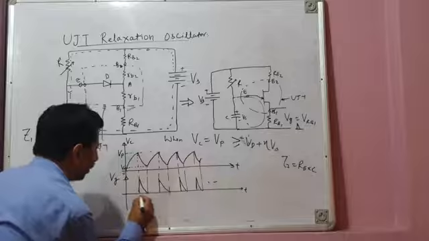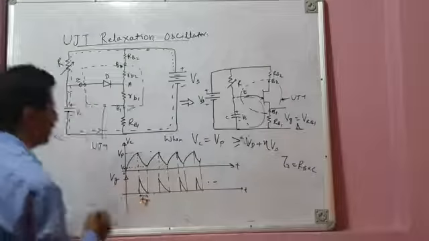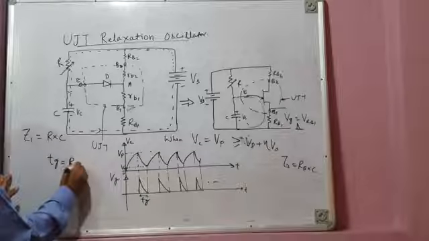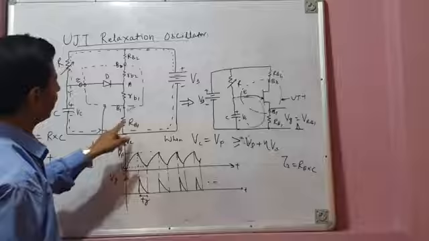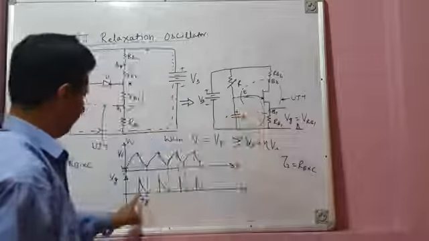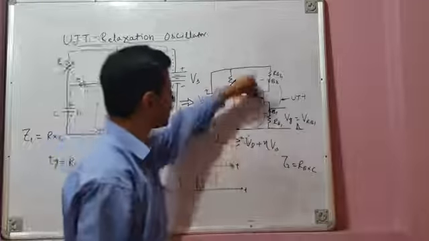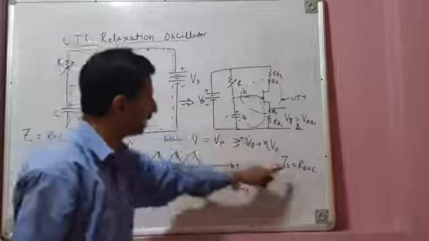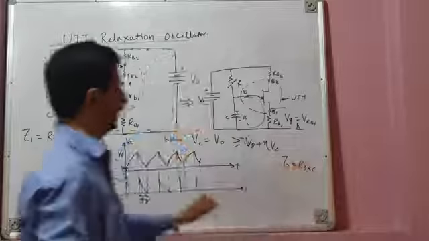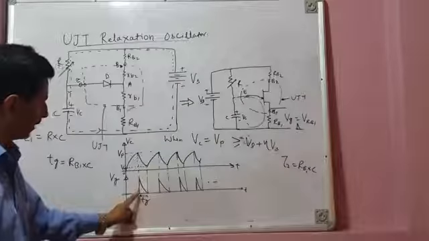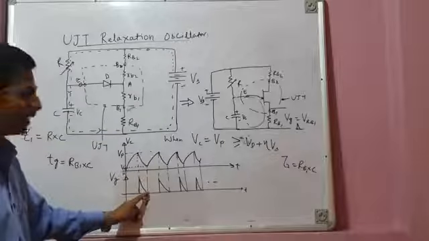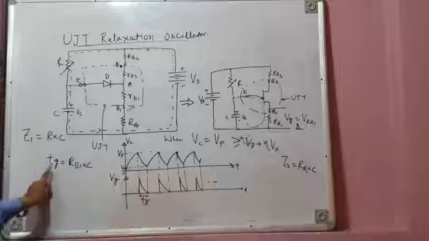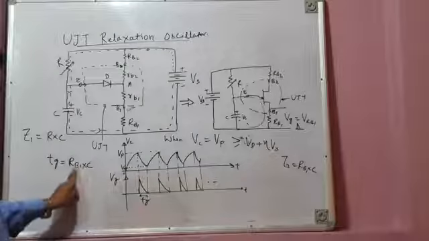So this is the width of voltage pulse, TG. TG is the width of voltage pulse. And this TG is given by RB1 into C. It is the product of RB1 and C. You can see this TG because capacitor discharges through RB1. And the rate at which the capacitor discharges is decided by this time constant, RB1 into C. And so therefore RB1 into C determines the rate of discharge of capacitor, and therefore it determines the width of the control pulse, Tg. So Tg is the width of control pulse, width of firing pulse.